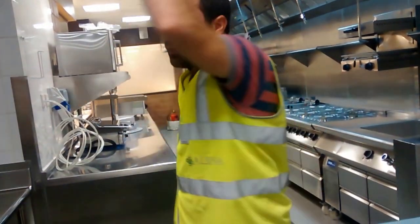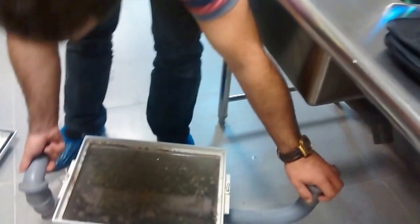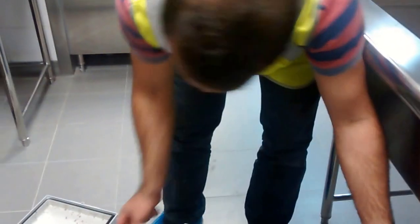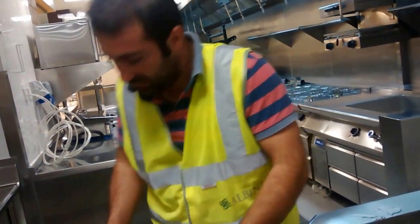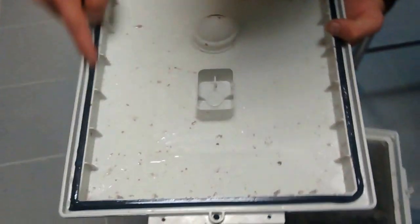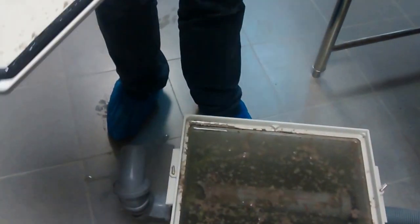This has to be taken outside with a trolley, and of course we need to make sure that there is a cap here or cap there, or even you can put a plastic bag to close it, just to close it in order not to spill any water outside. The way you feel itself, it suits you, but to make sure that it's 100%. As you can see here on the top cover, it's 100% sealed with polyethylene rubber, so that to make sure when you are operating it's 100%